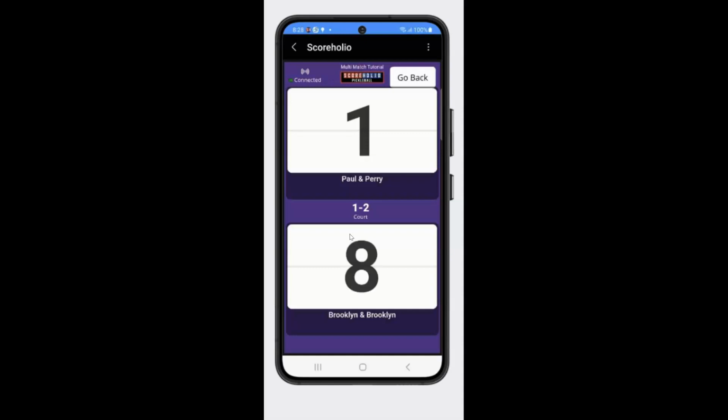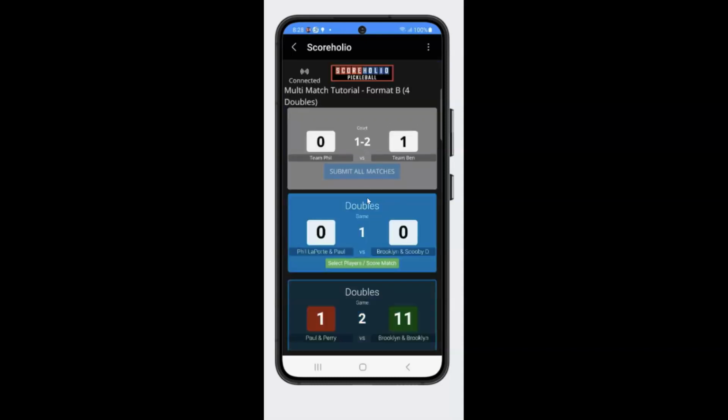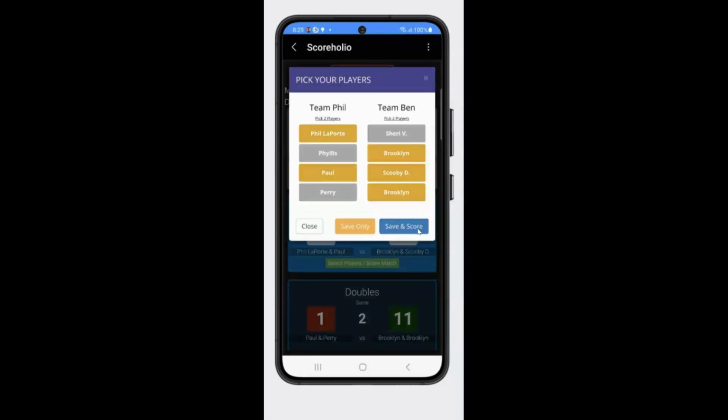So let's say that this is going to be 11 to 1, and I click Submit Scores. And then I'm going to go ahead and submit it. It's going to bring me back to that multi-match, and you'll see that Team Ben has one game because we won that match. And if I click on any of the other ones, I can go ahead and score that